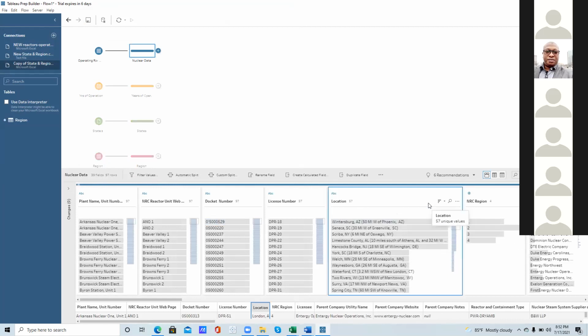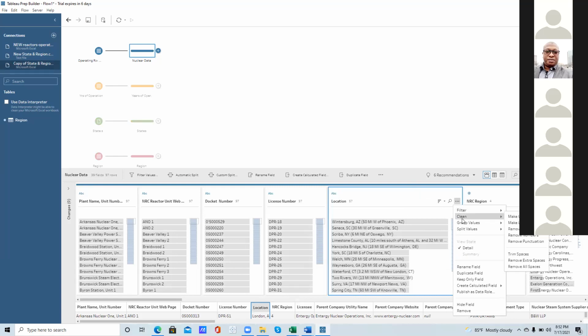Once you click on that one, you have a blue highlight. It shows you that is what we're working on. Now you will see those three dots by your right. Click on that one. So we will split value, and use custom split.